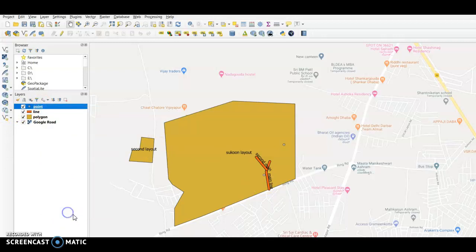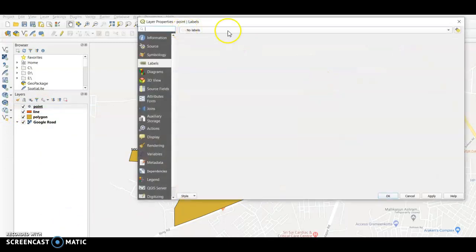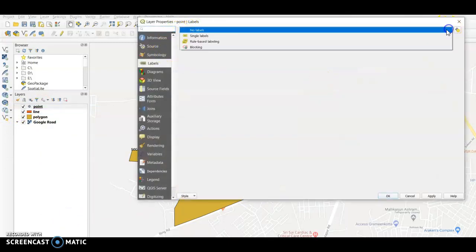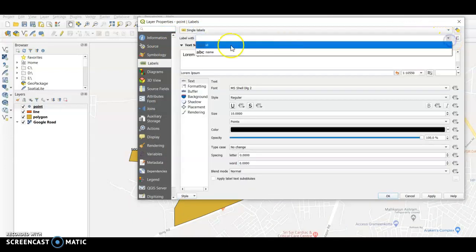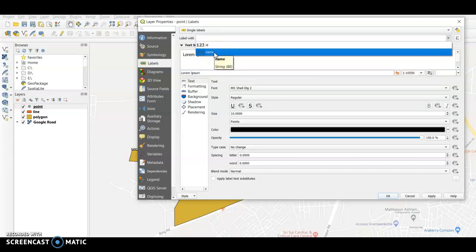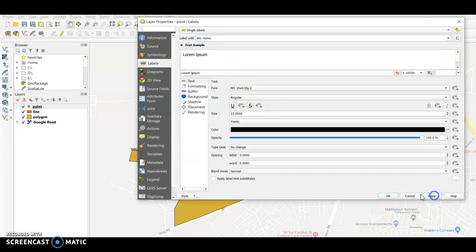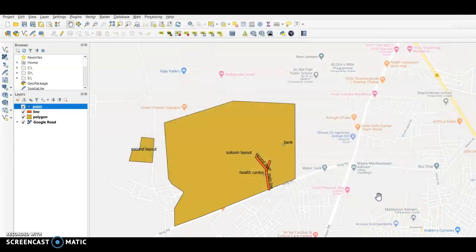In the point again you go to properties. In the properties you have to select single label. In this you will click name, apply, okay, that's it. This is how you can label all the features that are available.